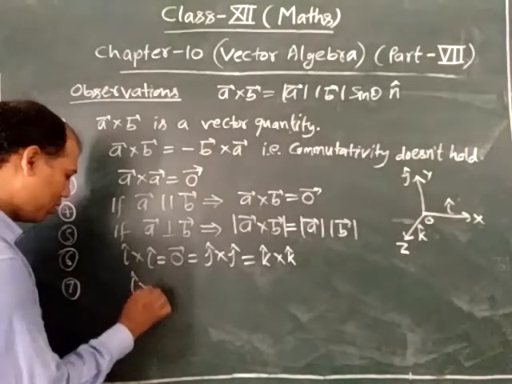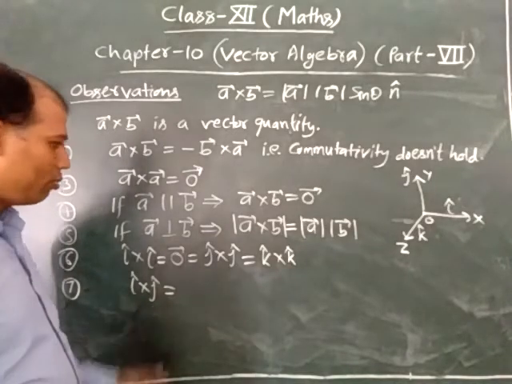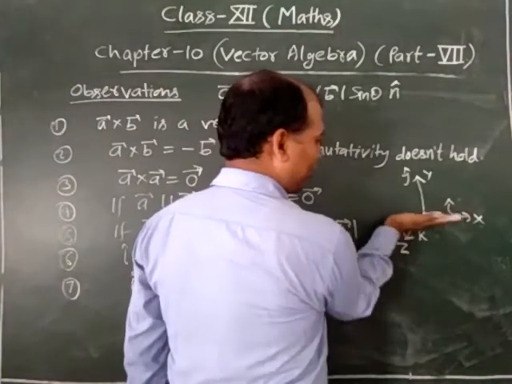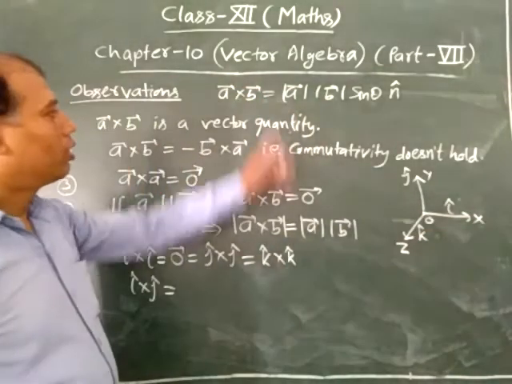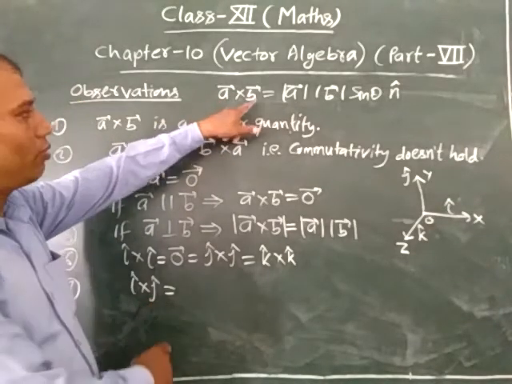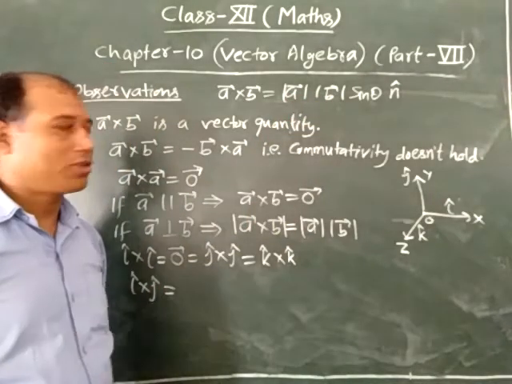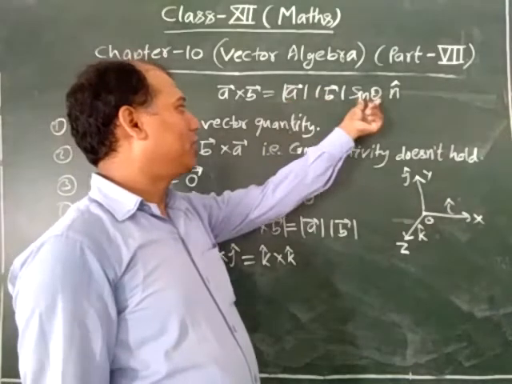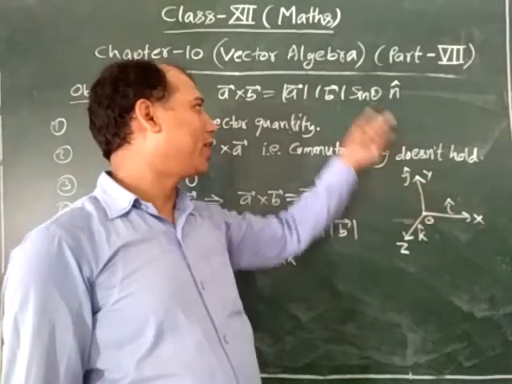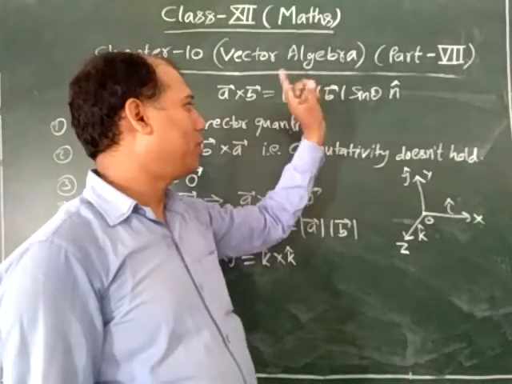Now I cross j. What is the value of I cross j? I and j both are unit vectors, and if we find I cross j, then if we put here A as I cap and B as j cap, what do we get? Mod I mod j, the modulus of I and j becomes 1 because both are unit vectors. So this becomes 1, and theta is 90 degrees because the angle between I and j is 90 degrees. So sin 90 becomes 1. So the value of this part becomes 1.